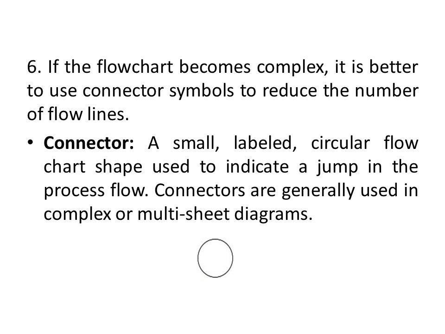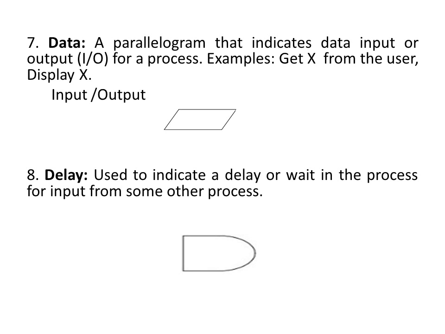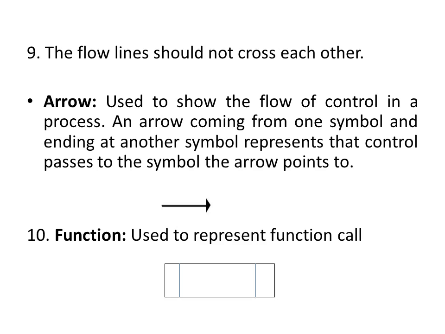If you want to represent more than one symbol across multiple pages, then we have to connect those symbols. In that situation we can go for the connector. This is nothing but a normal circle. To get input from the user and to display the output, we can use the parallelogram. And if you want to make any wait representation, or if you want to indicate a delay, you have to use the delay symbol. Arrow mark is used to represent the flow lines.